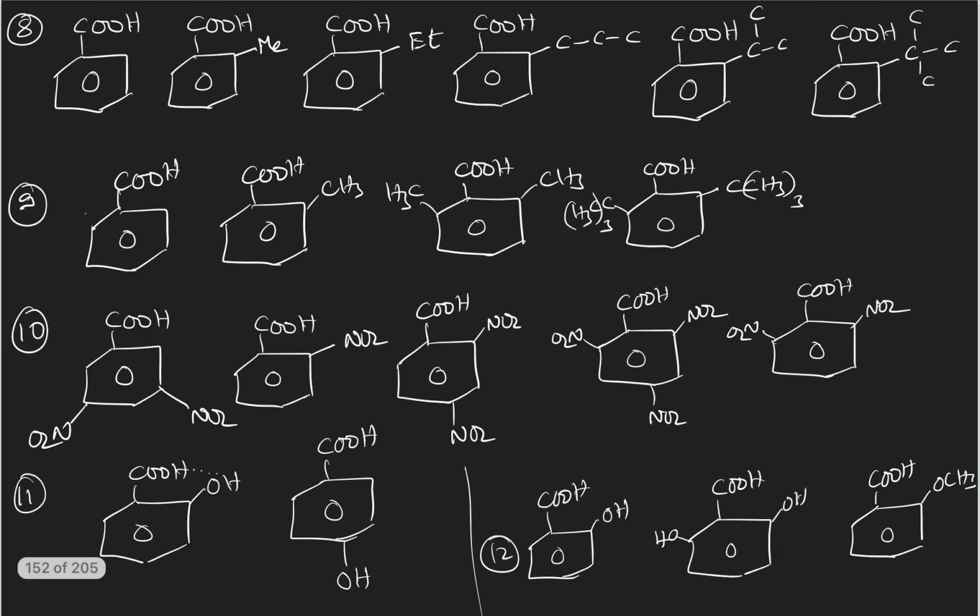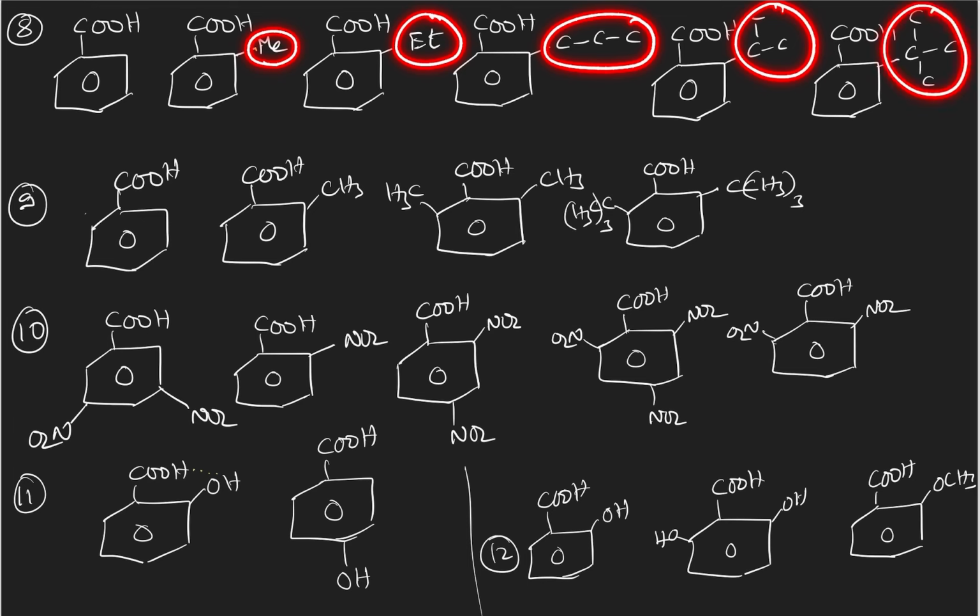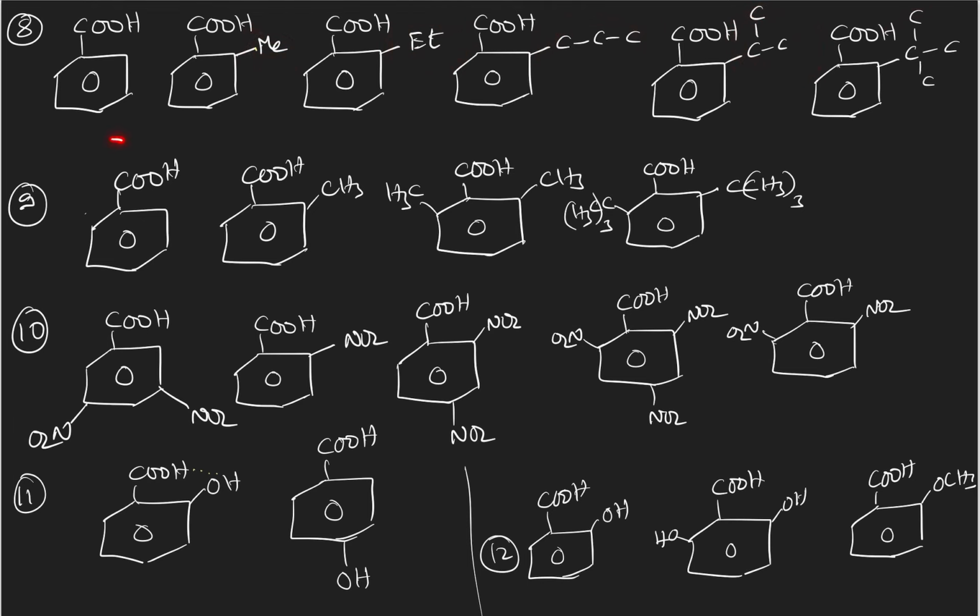Got it? Then coming to 8th example, in this there is no ortho substituent. Methyl is there, ethyl is there, n-propyl, isopropyl, tertiary butyl. So what is happening here? As you are moving from left to right, the size of the ortho substituent is increasing. As the size of ortho substituent increases, do you remember one point I told? Under ortho effect I have explained you, the COO minus will move out of the benzene plane due to steric repulsion between COO minus and ortho substituent. And if such ortho substituent size goes on increasing, repulsion also will increase.